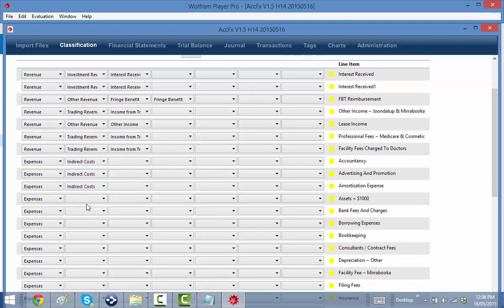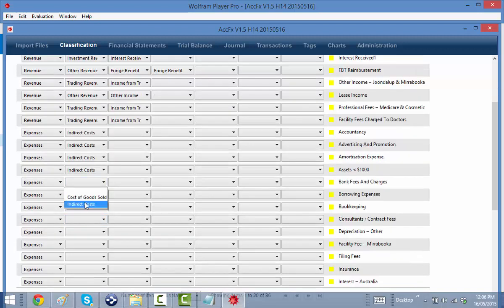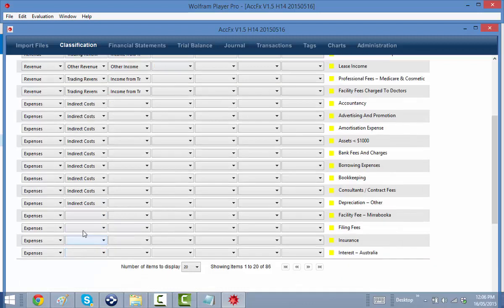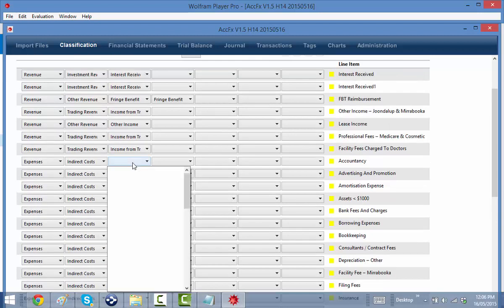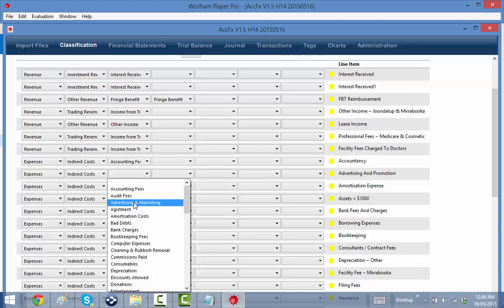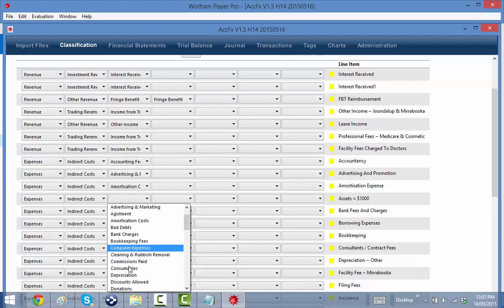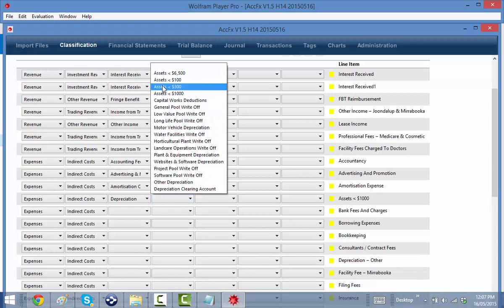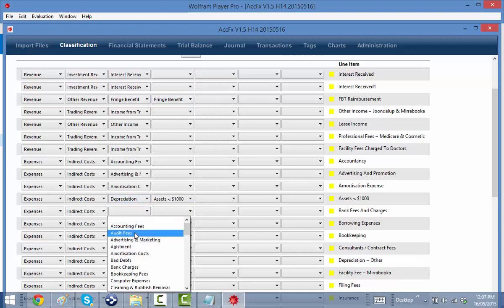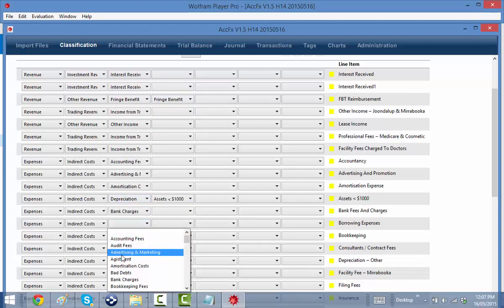And then really it's a case of just, in this case, the system should have picked up what type of data this is and classified it all accordingly. But in this case it didn't, so we will do that bit ourselves. And we have got amortization, assets list, so we know that's depreciation, assets less than $1,000, we've got bank fees, we've got our amortization again,